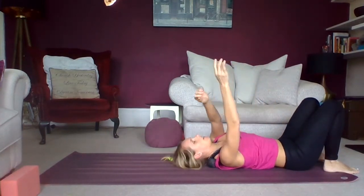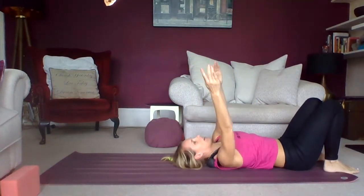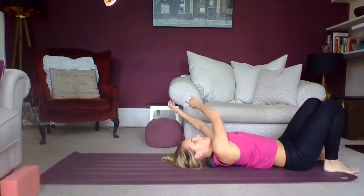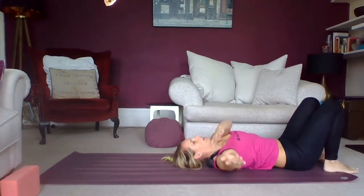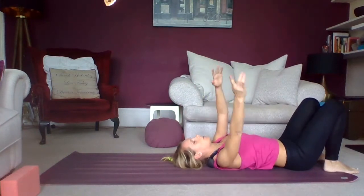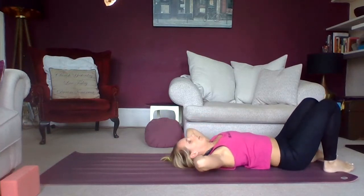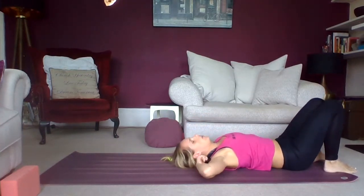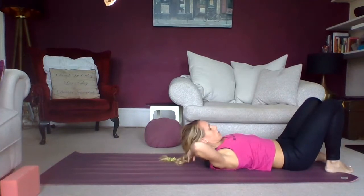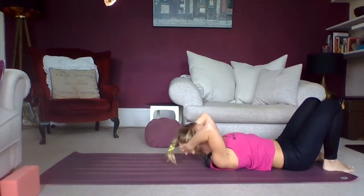And you can even go over to the side as you get to the top of your neck. And you can see I'm not turning to face you now, because it's really important, especially when you get around the neck, to really free off into a neutral position. And you can start to put your hands under your head and just come through